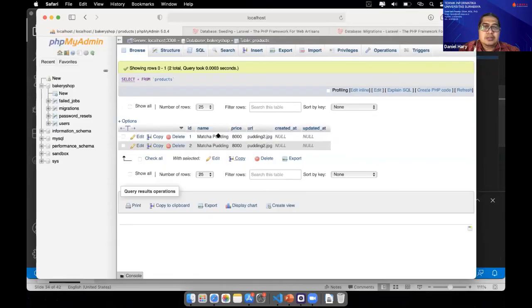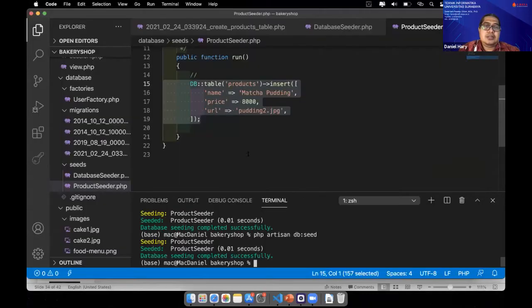So usually the seeding is just run one time for a new project. After we build a new project, for example, just run one time for seeding the master table. So to insert two data, for example, just put this one again.